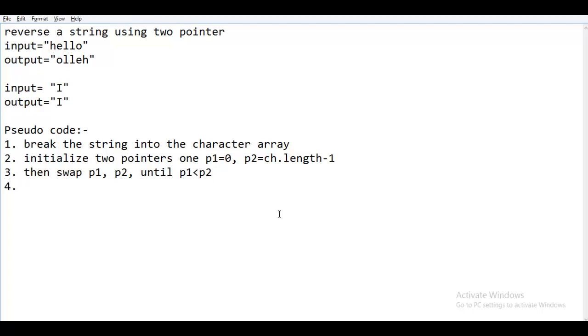Then convert the array into a string and return it. Yeah, it is this simple.